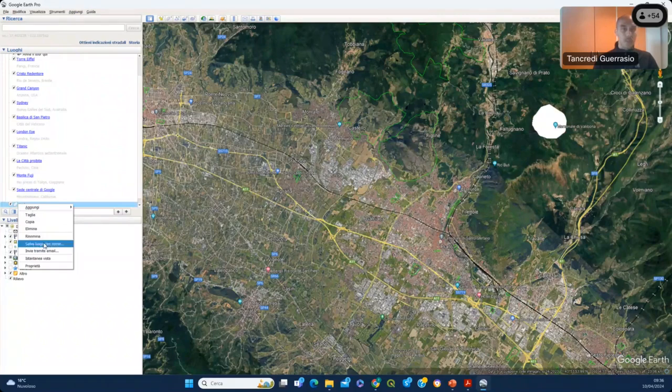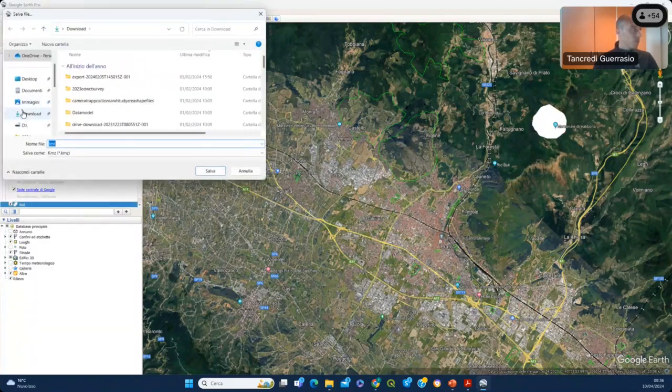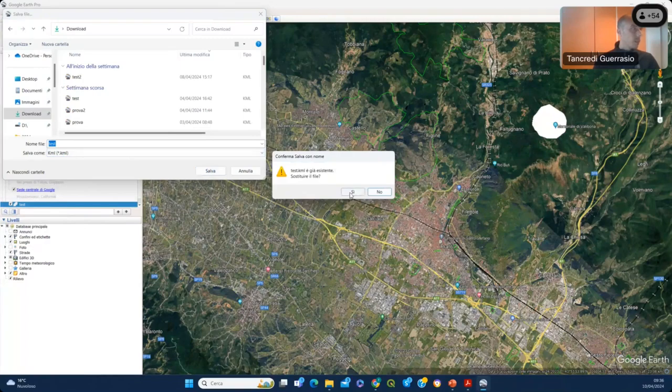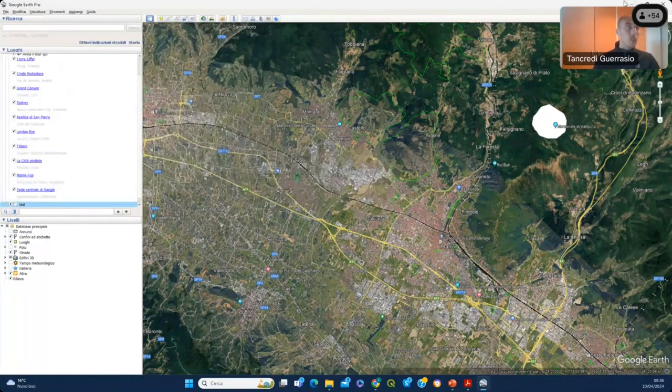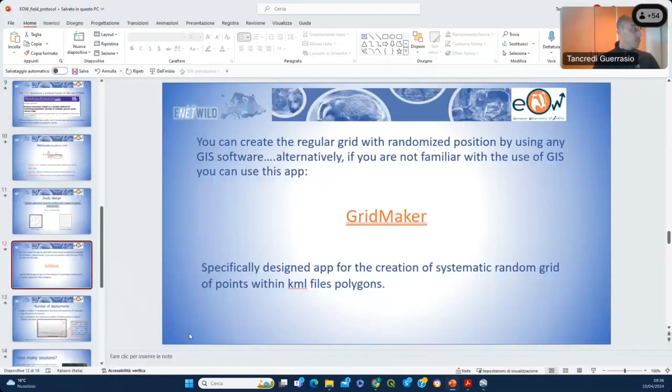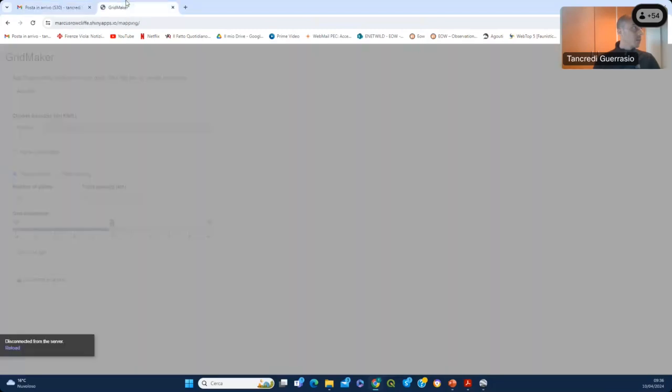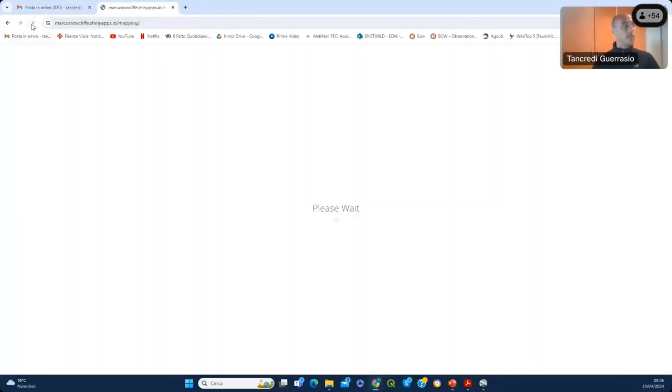You're gonna have to save it, browse to wherever you want to save it. I'll save it into downloads. You want the KML file, so make sure this is saved as a KML, and you can save it. Once you've done that, you can go to the GridMaker website,